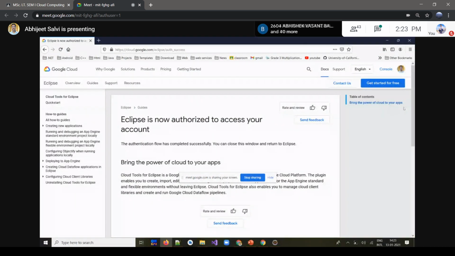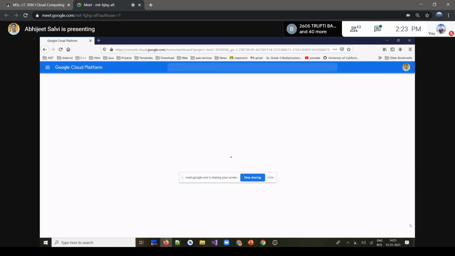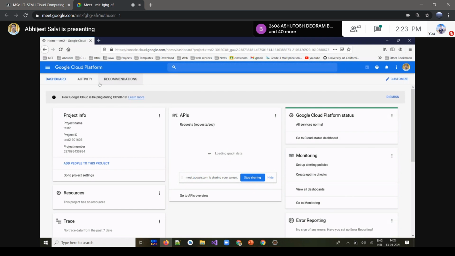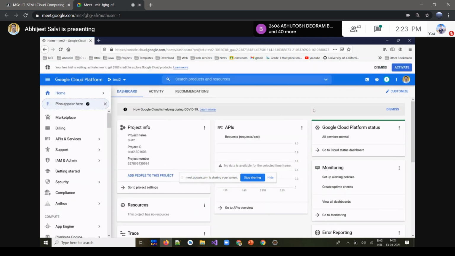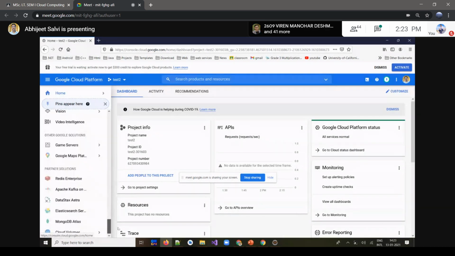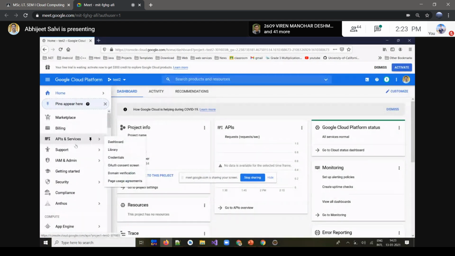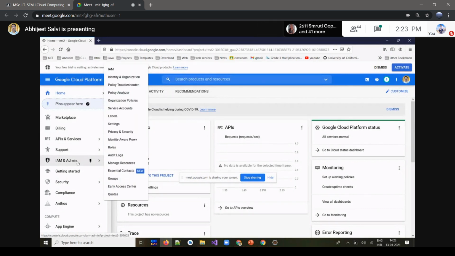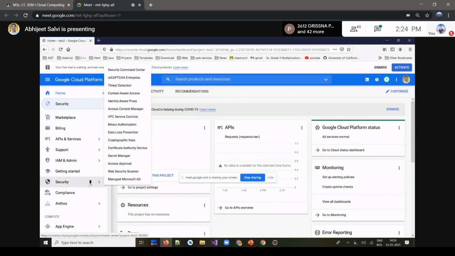When you sign out and access that, you'll get this particular page. Now, after getting this page, you have to click on this console option. Once you click on the console option, you'll get the Google Cloud platform. We'll get the list of the apps over there, what projects are there. Then billing, like we used to have in the AWS dashboard, similar kinds of things over there. Number of services, number of options are there. Mainly, we have to focus on the APIs and services, like what we already used in AWS. And then security credentials are there.